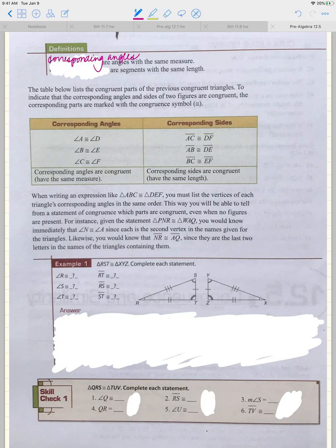Corresponding angles are angles that have the same measure, and corresponding sides are sides, or segments, that have the same length. You can call those either of those, okay? The table below lists the congruent parts of the previous congruent triangles. To indicate that the corresponding angles and sides of two figures are congruent, you mark the corresponding parts with that congruence symbol, okay? So this is what we just walked through with the angles and the sides in those triangles